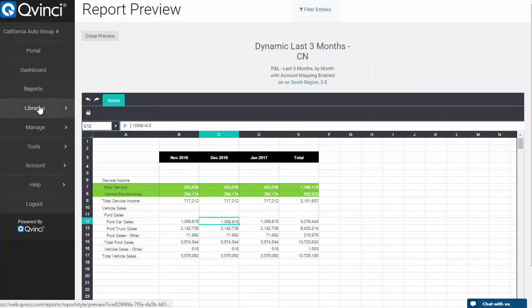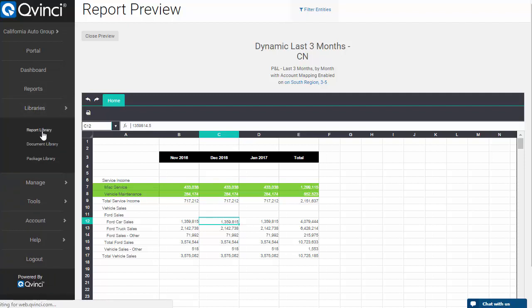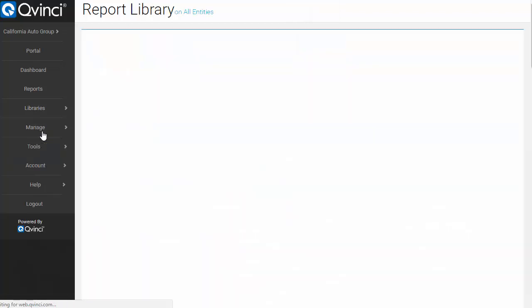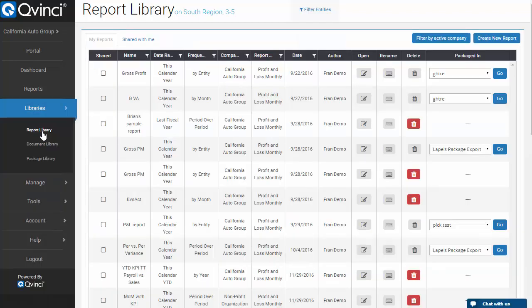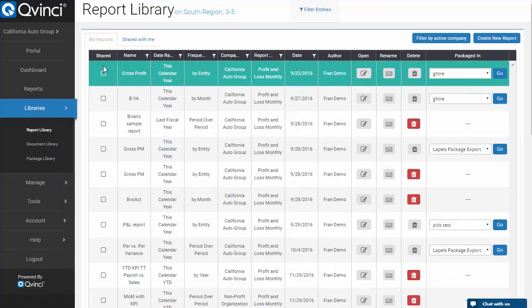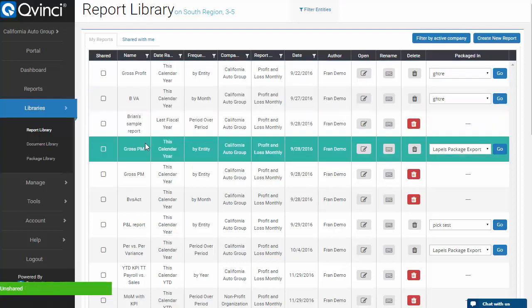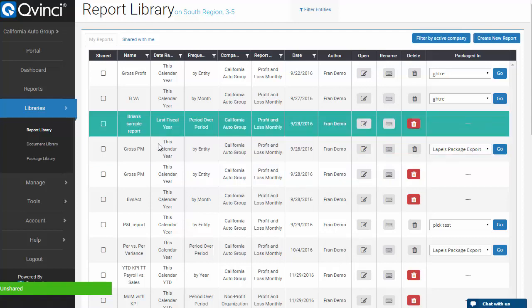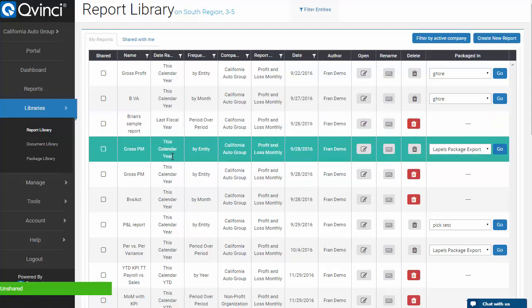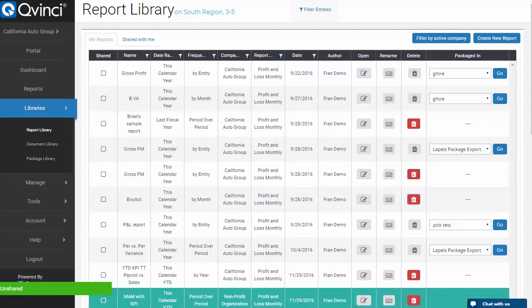And that, in a nutshell, is the report library. You at the central location and your users at the central location that are collaborating will build standard reports, and you'll dock them in your report library, and you will simply share them by clicking this button, and now this report is shared with everybody internally in my system. And they can do save as, make copies, make minor changes to it. It's that simple. The concept is to build one report, put it in libraries, and share it and use it many, many times. And that's how you get scalability, that's how you get standards, that's how you get repeatability.